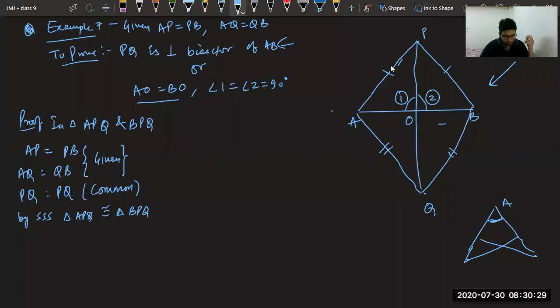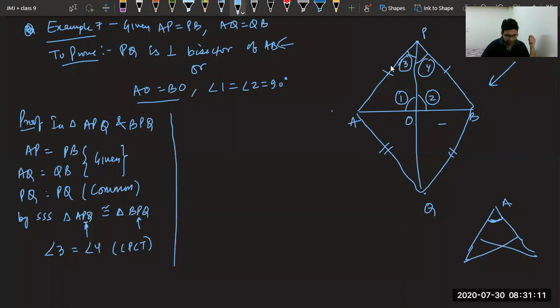Okay. Now tell me which key we will use now. All of you, which key we will use now? We will use CPCT, and if you remember, in these two triangles, these angles we can use as equal. Let me call them 3 and 4. Can't we say 3 equal to 4? Because P is coming in the middle, angle P is the corresponding angle. We can say angle 3 is equal to angle 4 by CPCT. And now we are ready with the key. Now we have the map to reach the destination.